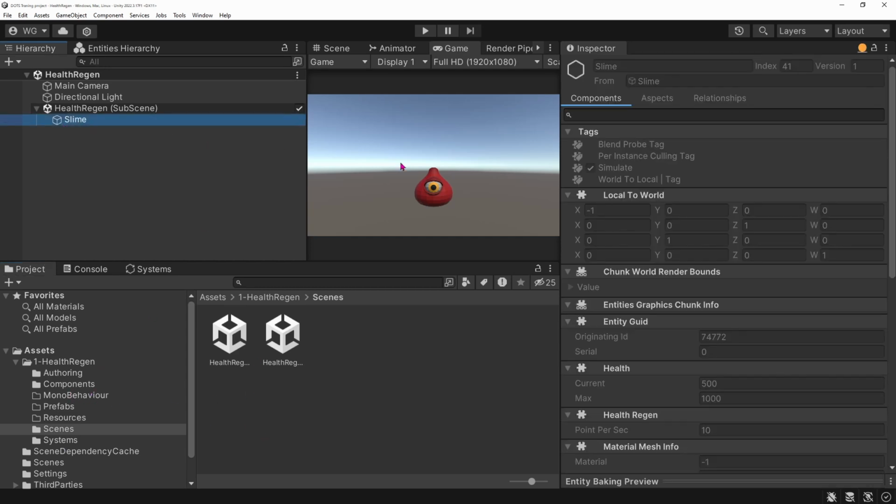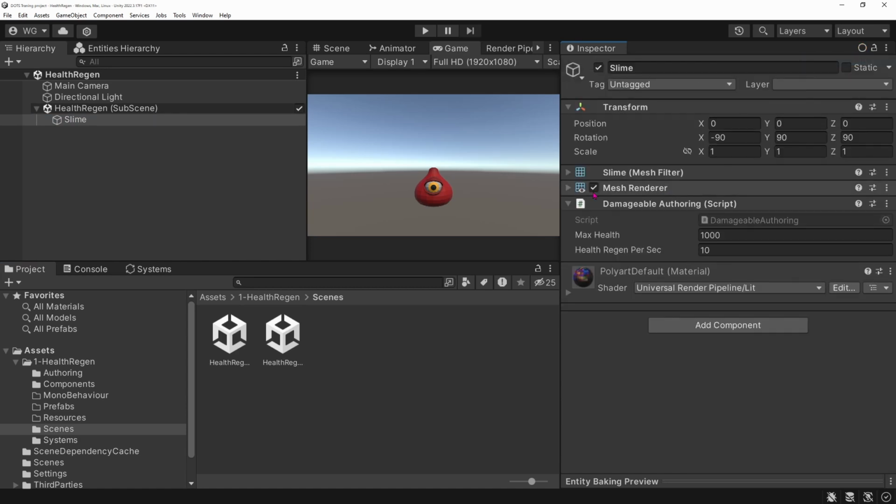So first we have the authoring components. As I said earlier, the damageable authoring is an authoring component. It's a component that allows you to define or design your game.